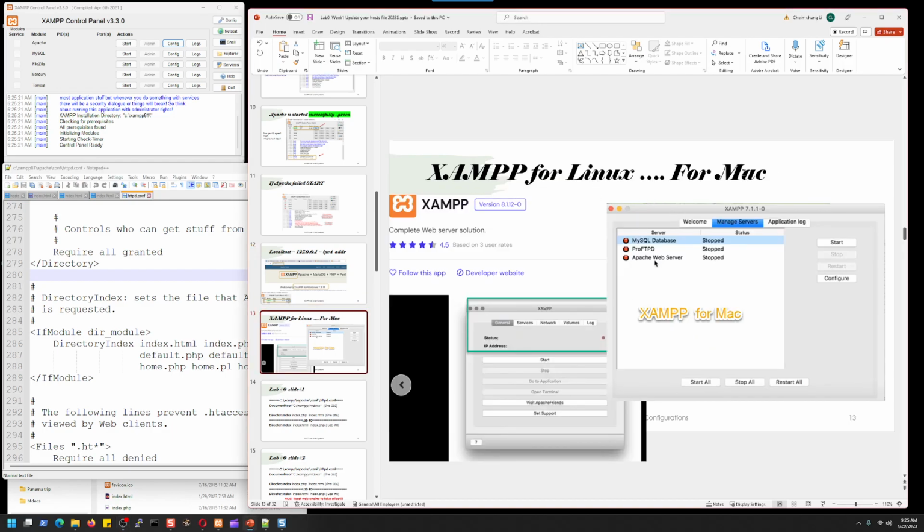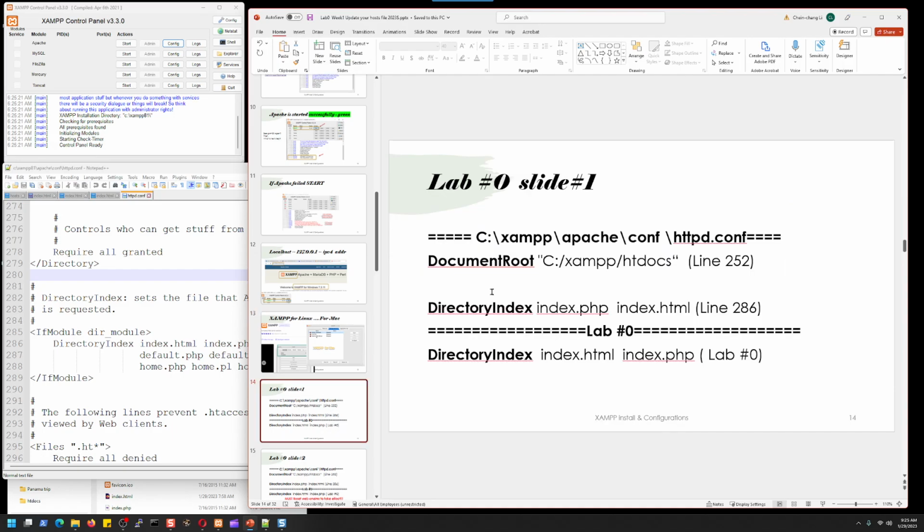If you have Linux or Mac, your control panel will look like that. Okay, and this is the way you start the database and start the Apache web server. Okay, and then next I would like to show you the outside. Number one, in order to configure, we have two steps to do. One is